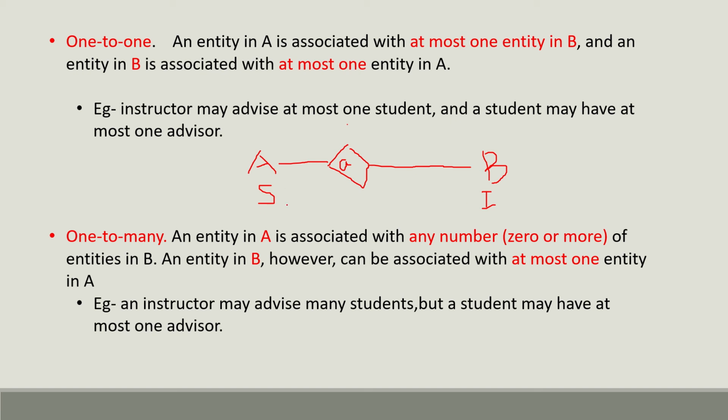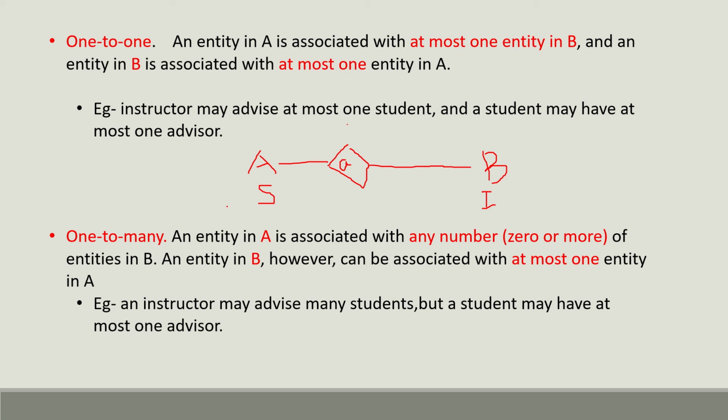But if you are taking any one student, the opposite direction, what will be the meaning? If you are taking any student of the MCA department, he or she will have only one instructor. So in this example, the mapping from I to S, that is instructor to student, may be one-to-many. One instructor in our department will have many students. He may be the advisor of many students. That type of relationship is called a one-to-many relationship.